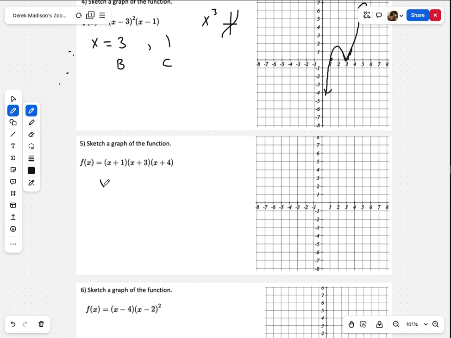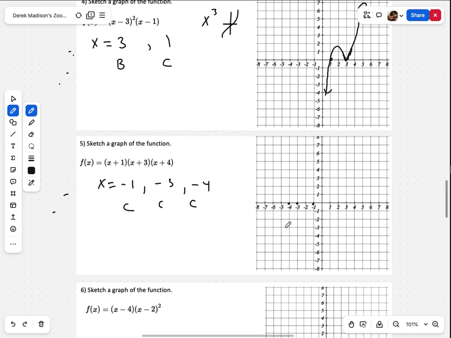For this one, we got x equals -1, -3, and -4, and those are all going to cross because they're all to the first power. So -1, -3, -4, 1, 2, 3 x's, so another x cubed. I think these all ended up x cubed just because it was what I had to choose from. So we'd cross on 4, cross on 3, and cross on 1. That was probably the worst looking one of those ever, but